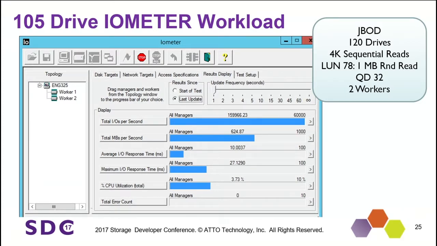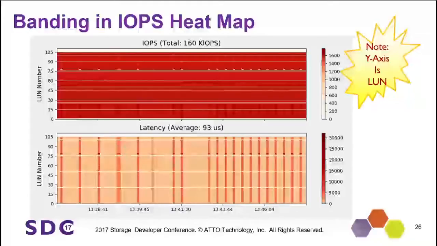So you've got these two workers. Most of them are just kicking out all of the 4K sequential reads, and one of the Luns, the other worker, I should say, is hitting one of the Luns with 1 megabyte random reads. And it looks very interesting because the heat map has banding in it. Okay, now I put a little explosion over there. The y-axis is now Lun, so I've kind of changed the view on you. I wanted to make that clear.